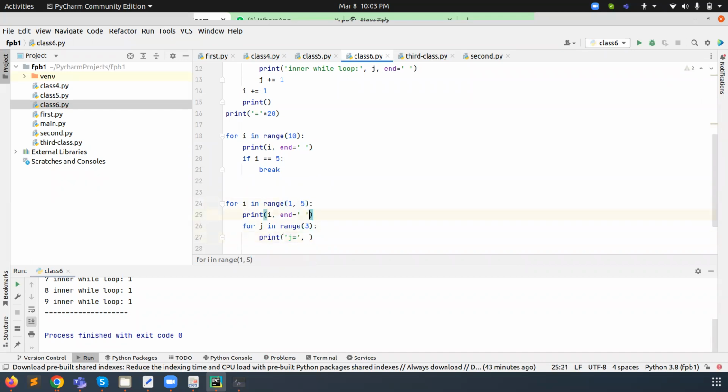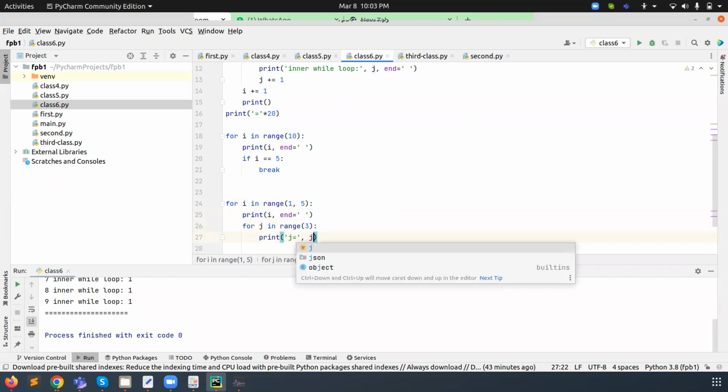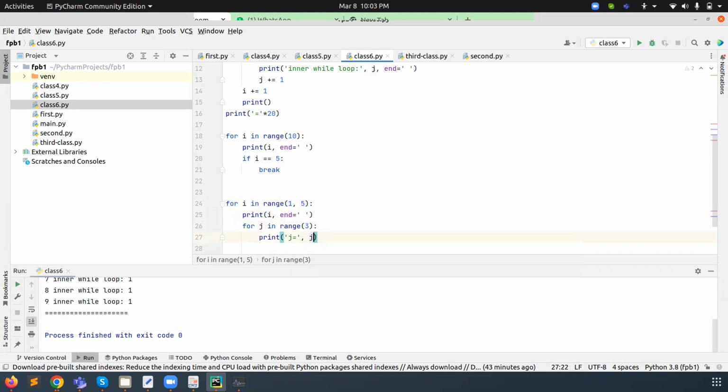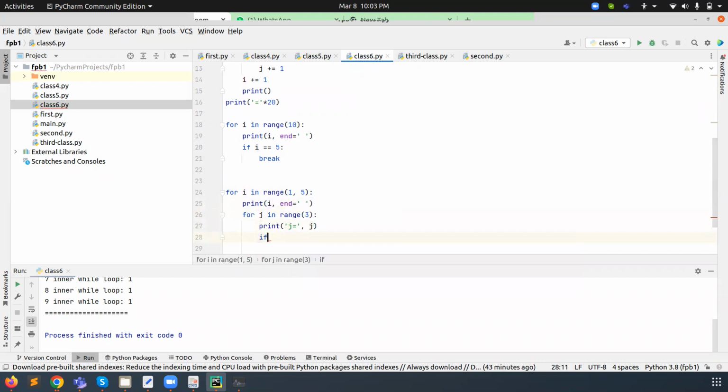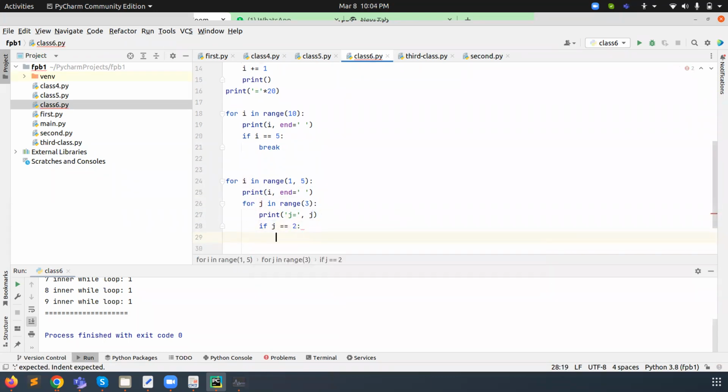So it will come just after this one. If for example I give it here, then you can understand what is happening. And after that, here I can check if j equals 2, then we want break.